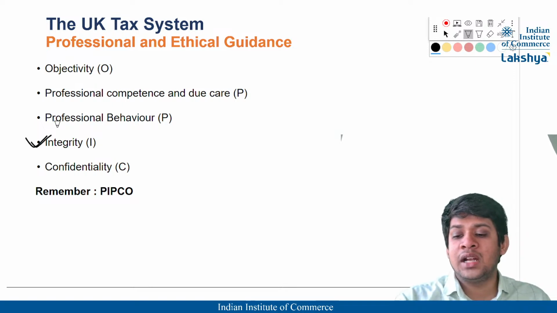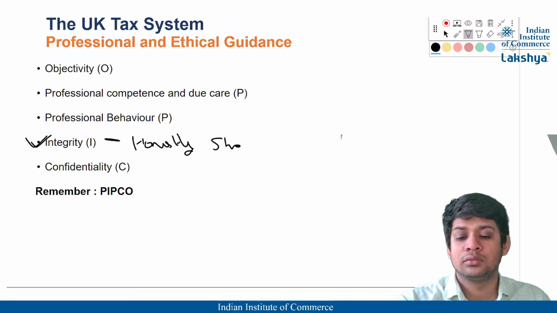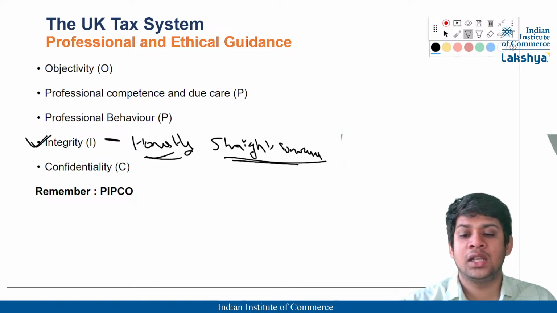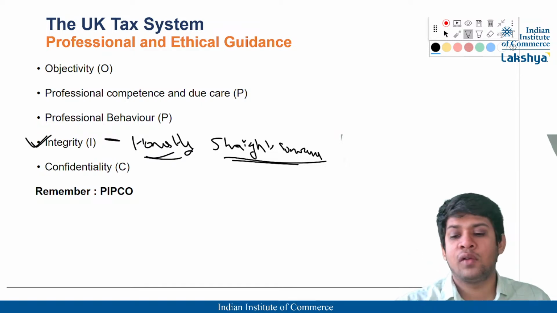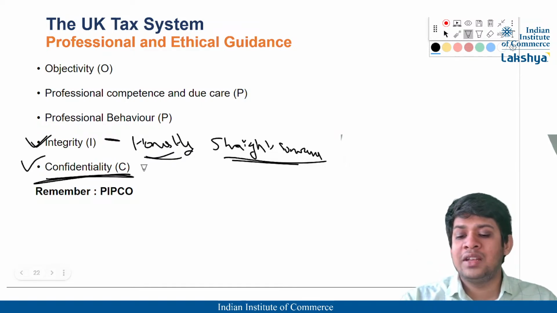Okay. Then comes integrity. Integrity means nothing but acting honestly and being straightforward, not trying to hide or conceal anything. Be honest and be straightforward as a tax agent. Always maintaining confidentiality. Okay. Maybe say there are two employees